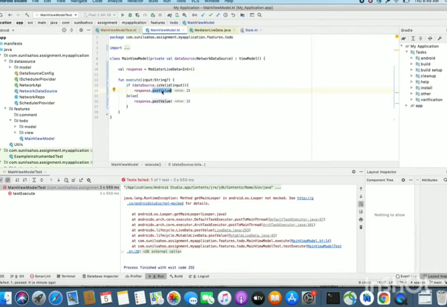As we are saying it is postValue, it notifies, and in a different thread it tries to set the value. So we can say it's in the background. So it has a lot of complex code written inside. Now, as we can say it's a kind of thread issue or Looper issue, how can we fix the issue?